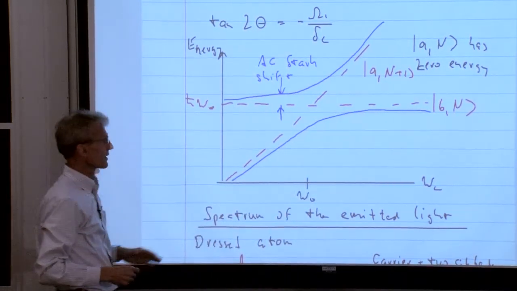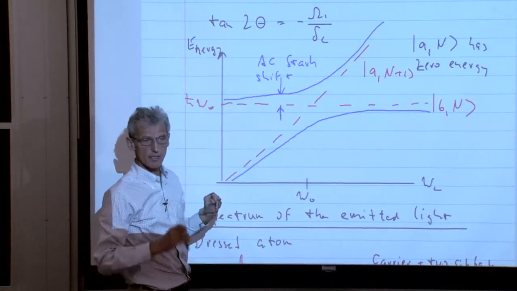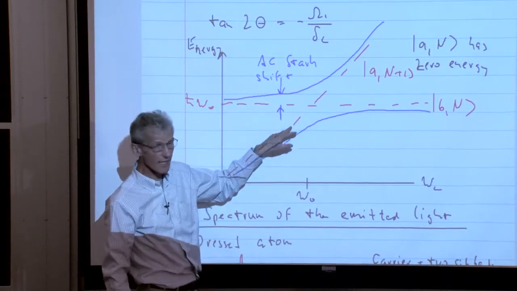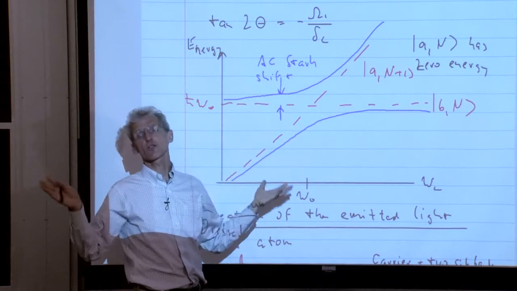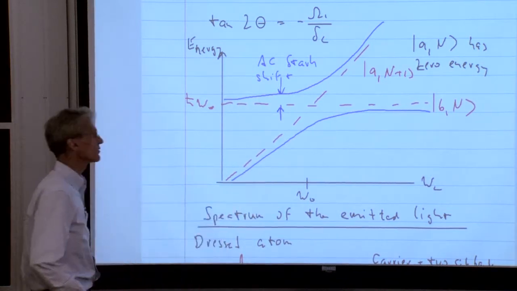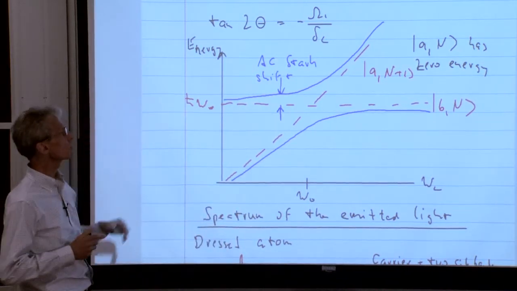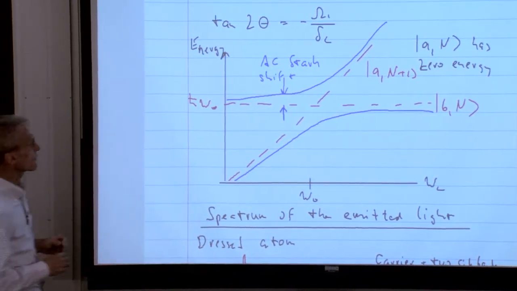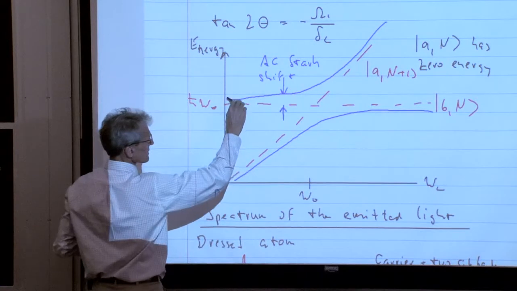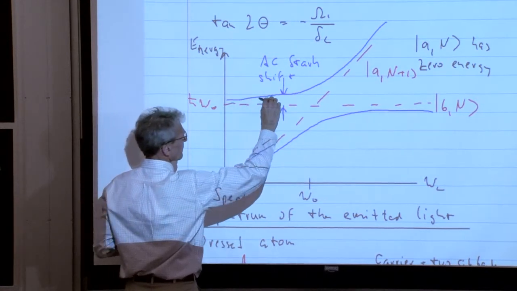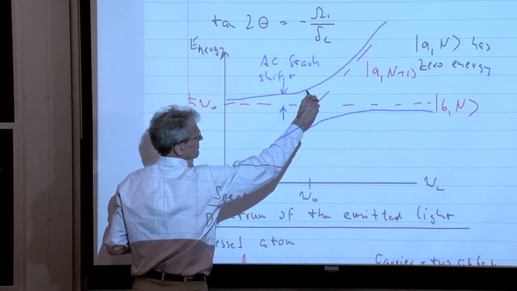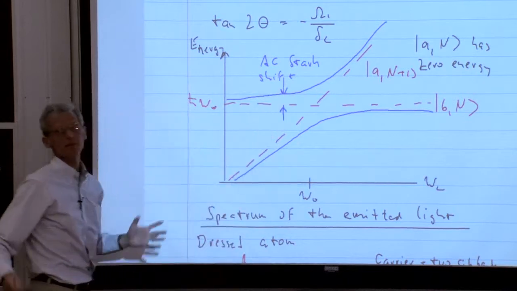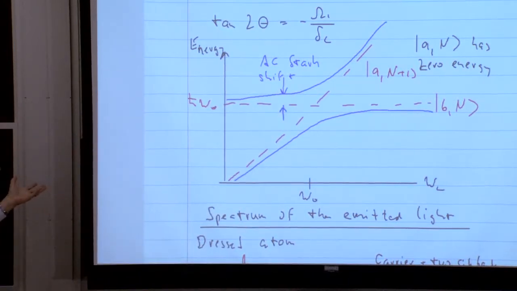In other words, we now have a level crossing between the two bare states, but a level crossing with interaction turns into an avoided crossing, and the solution which we have just derived are the blue curves. And if I go far away from resonance, this behavior, which is perturbative, is nothing else than the AC Stark shift. So this is exactly what we have discussed at this point.